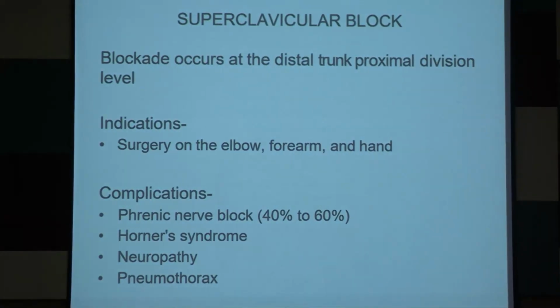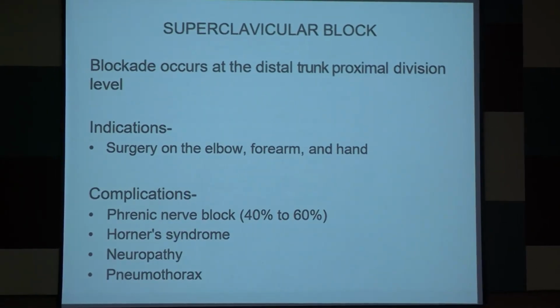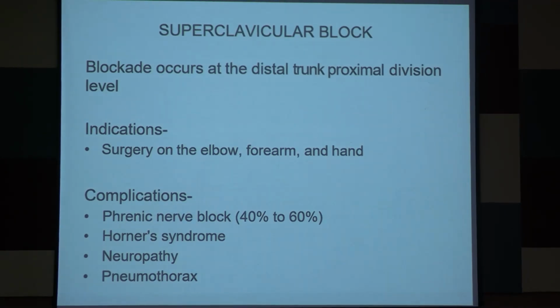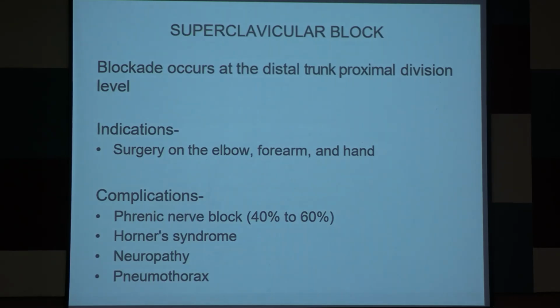Next, see complications. Again, similar for every nerve block. What are the complications? Any injury to the nerve plexus itself, that is the primary complication. And what are the other complications? Any injury to the surrounding structures. That is a complication of any nerve block. So first you have to know by heart the anatomy of the plexus or the nerve block you are going to perform.